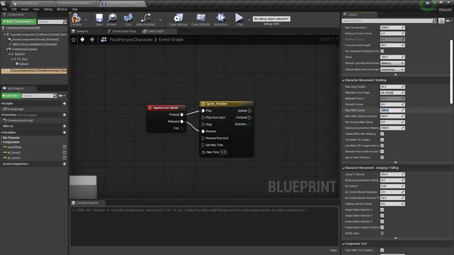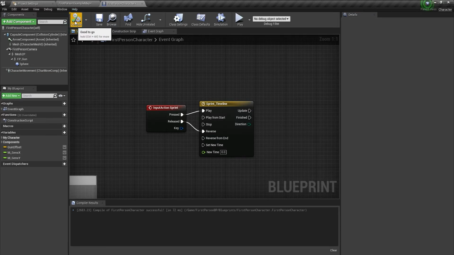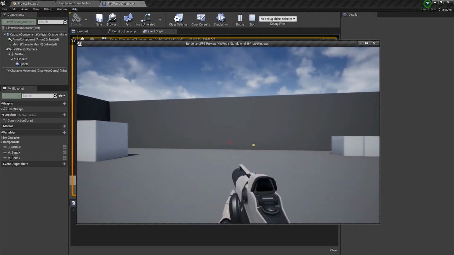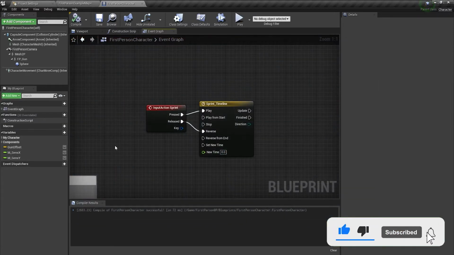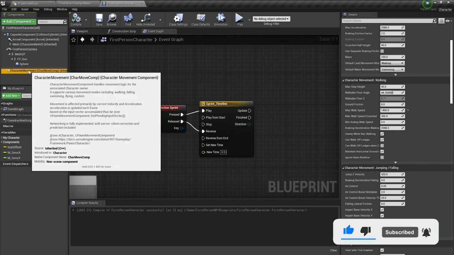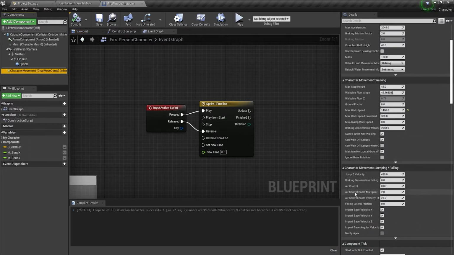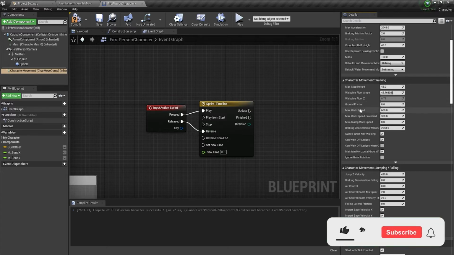If I increase the speed to 1400, press compile, save, and now play, you can see our character is moving fast. Again, select the character and set the walking value back to the default 600. We want to write the blueprint that will change the value from 600 to 1400.